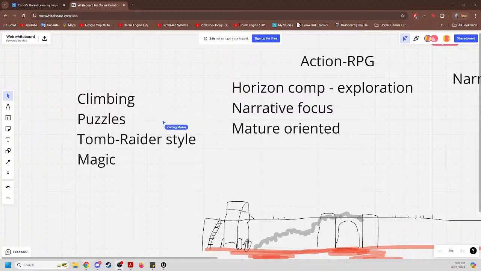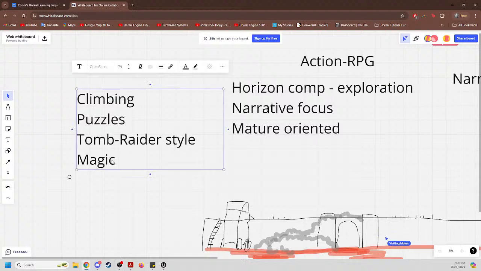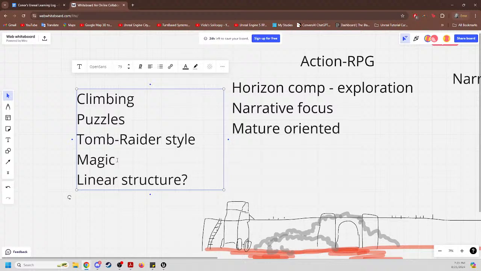Oh, okay. Is it the sort of thing where you can get to the final boss at any point, but you're supposed to level up enough before you go and try to confront him? No, you can't confront him until you've uncovered all the magic. Okay, so more of a linear structure. Yeah, a little bit more linear. I'm toying with the idea of linear and open world. Certainly semi-open world. It's probably an open world, but